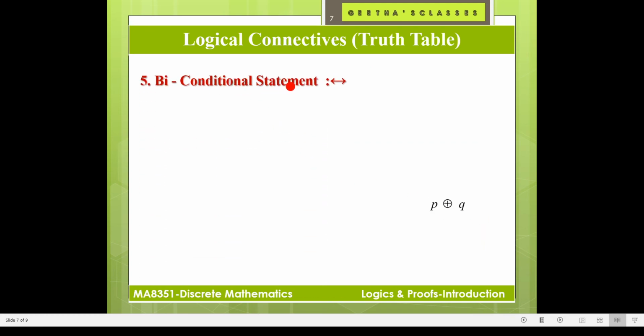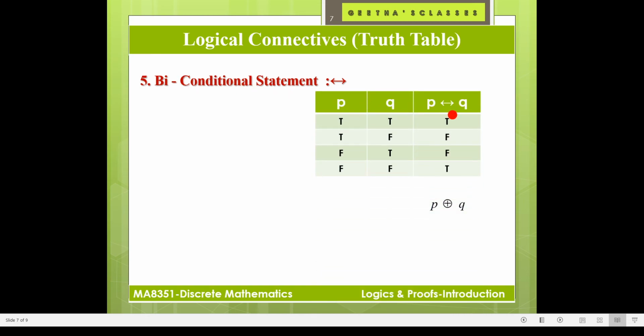Next, biconditional statement. This is biconditional. If it is P implies Q, Q implies P, that is if and only if. That is biconditional statement. Here the truth table is this one. P, Q we have taken true, true, true, false, false, true, false, false. Here P if and only if Q is true for true, true. Same conditions are true. Okay, true, true is true, false, false is true. True, false and false, true is false. Okay, two truths and two falses. You have to remember all these things.